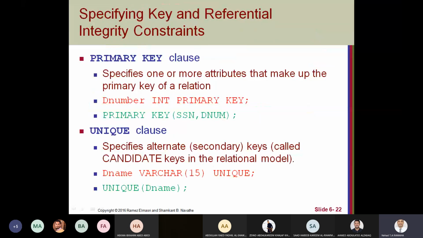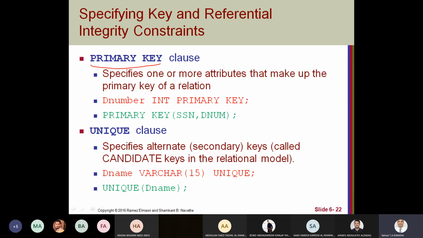About the primary key, we already saw the primary key clause. Clause means sentence, or how to use the keyword inside your sentence. We have two ways.